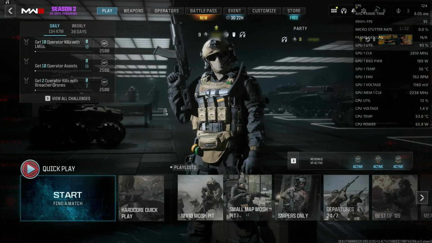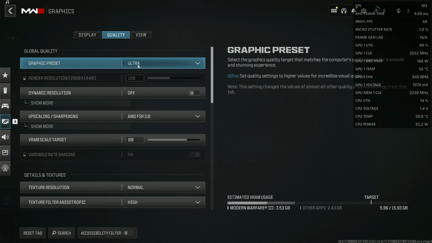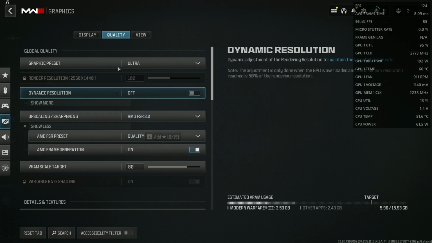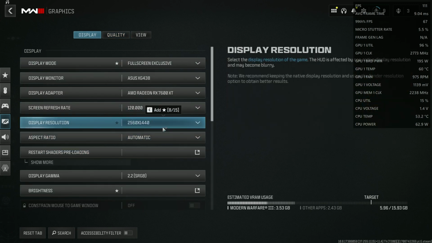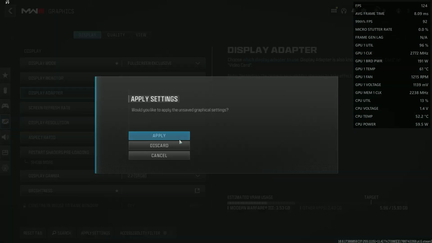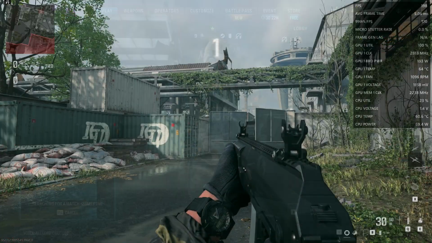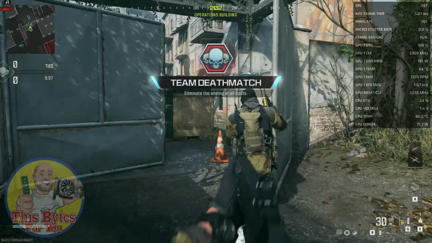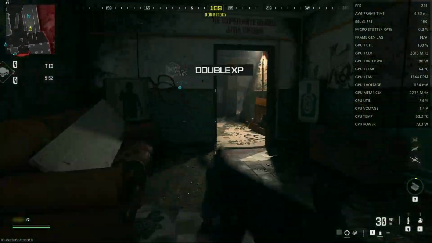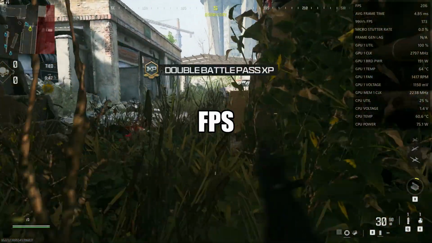All right, so Call of Duty Modern Warfare 3, just to show you real quick, we're at ultra quality with AMD FSR 3 enabled, as well as frame generation. We're playing at 1440p, so beautiful, with a refresh rate of 120 Hertz. And I didn't change anything, so let's discard that. And let's jump into a round real quick. All right, so with all that, we're past 200 frames per second. Beautiful, game looks great,